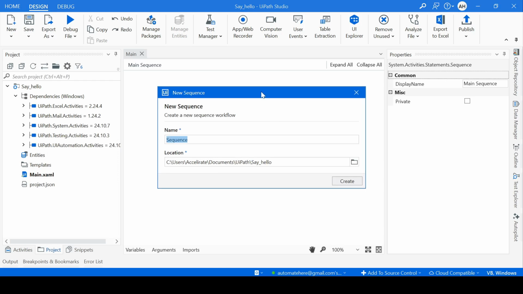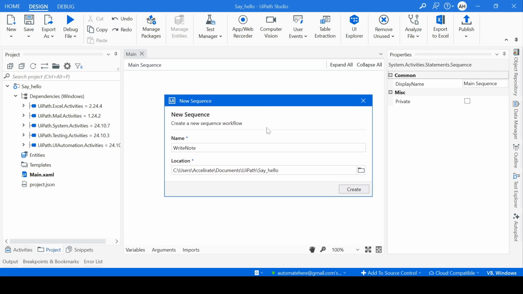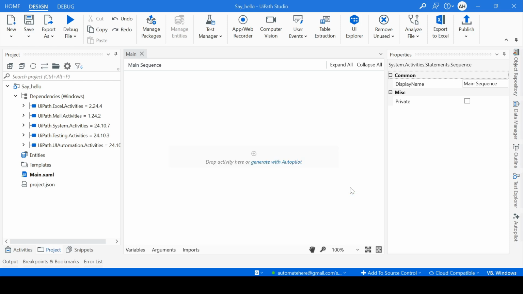I'm using a sequence and let's name it write notepad. Okay, our sequences and workflows should be meaningful. The name should be meaningful. So let's